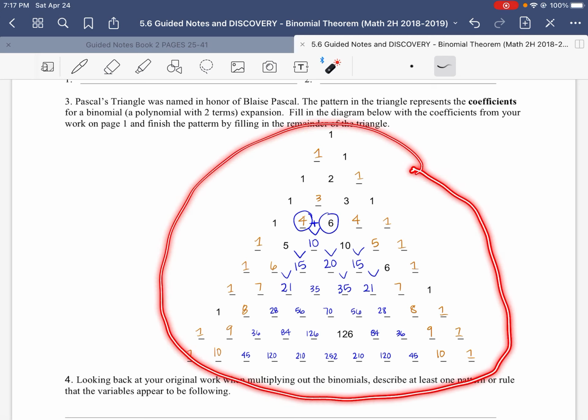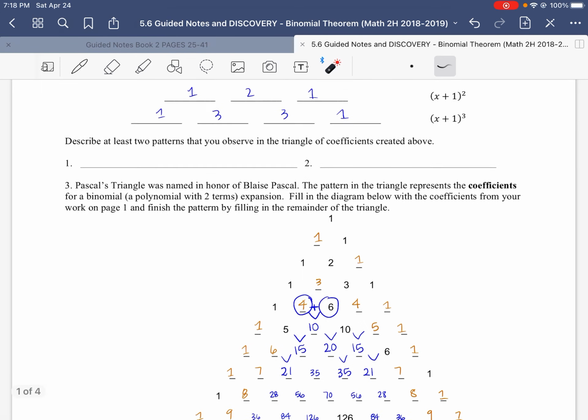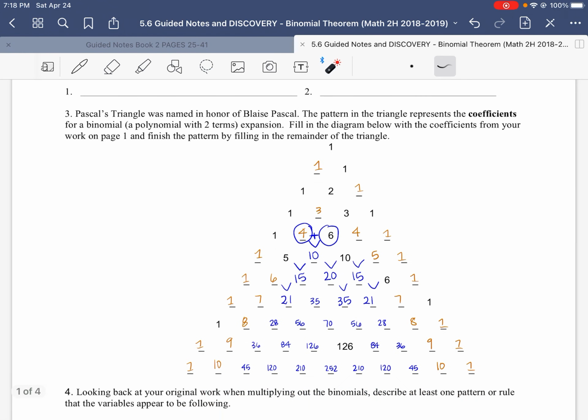And again, remember this represents what part of the binomial expansion? Just the coefficient. So if I could figure out what the coefficients are, I could actually pull them from this without having to expand it out all the way, multiplying and distributing. Remember, and I'm just going to make a point of this while we're on this triangle, that this was raised to the 0 power. The next row was raised to the first power. So when we talk about the row that it associates with,